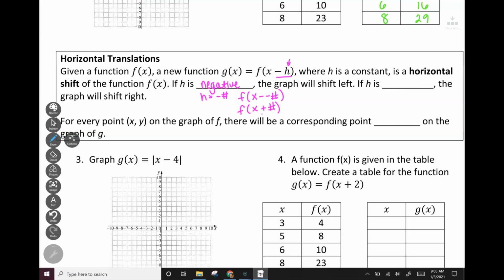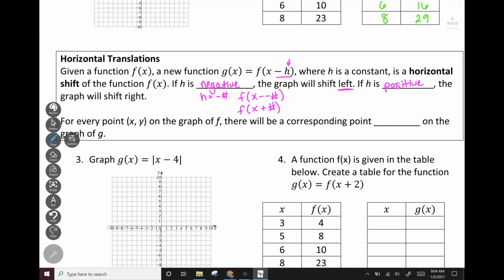So if your h is negative, you actually end up with a plus sign in between the x and the number, and that is going to make your graph shift left. So whichever way you want to think about it, h is going to have the opposite sign of what it appears here in parentheses. So h equals a negative number gives you that plus sign, and it's going to shift you to the left. Now, if h is positive,